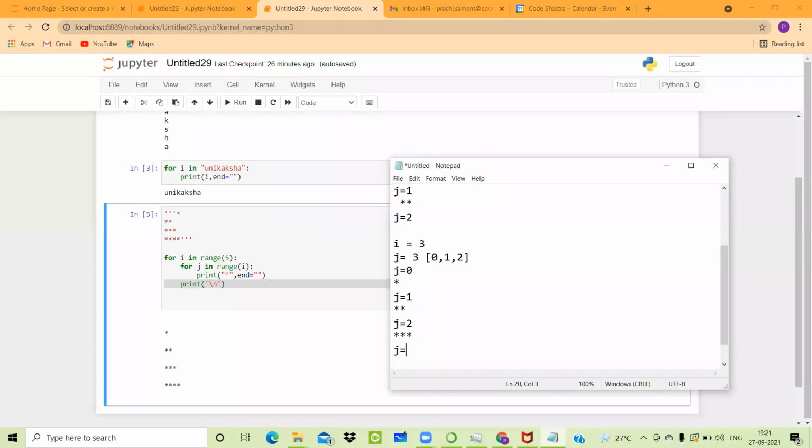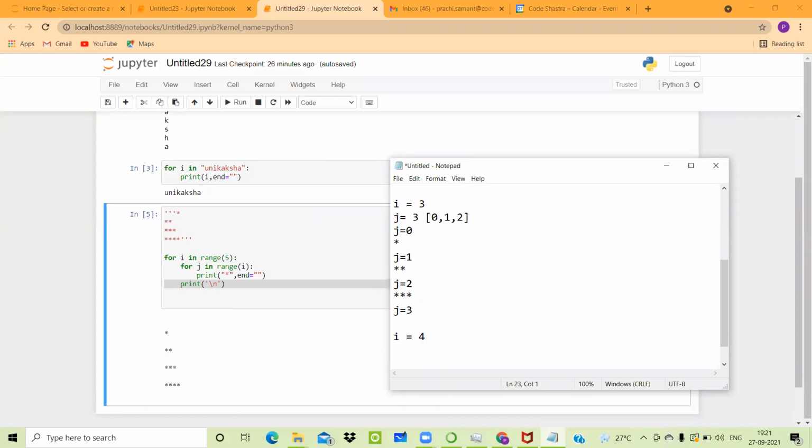It will increment the value and the value of j will become 3. But as soon as the value of j becomes 3, it will not satisfy the second for loop that we have written, because in the second for loop, the range is equal to 3, and when range is equal to 3, it can accept only 0, 1 and 2. That means this will become an unacceptable condition, and that's why it will come out of the loop and will print one line. After that, again the value of I will be incremented. This time the value of I will become 4.